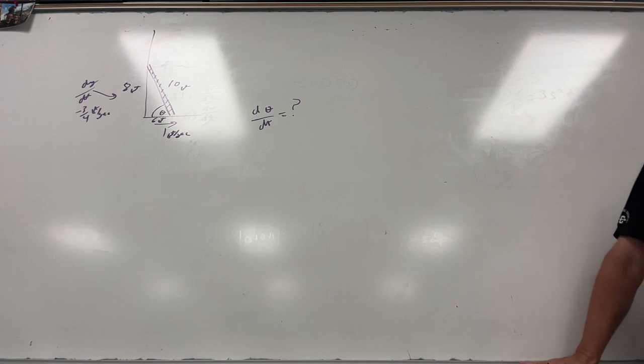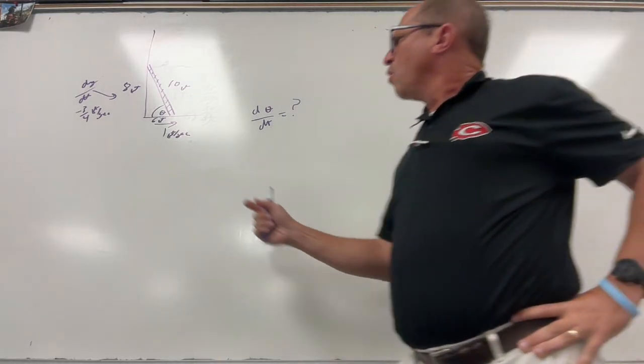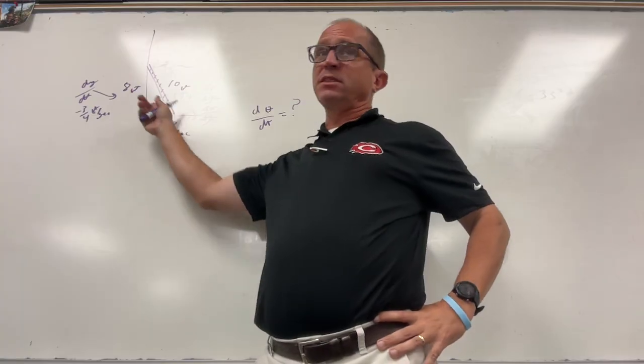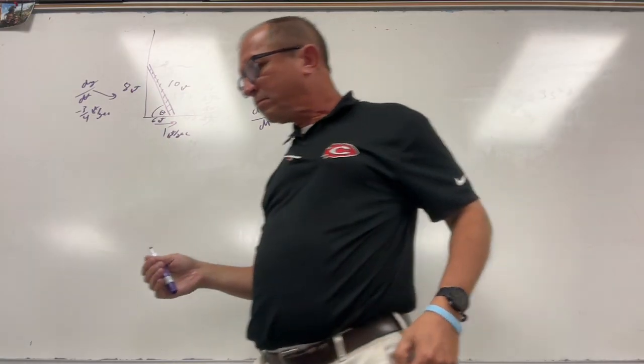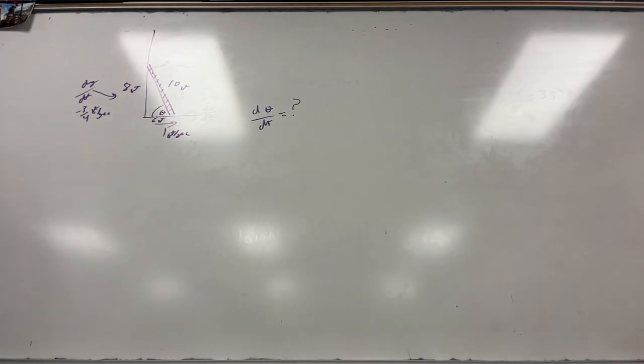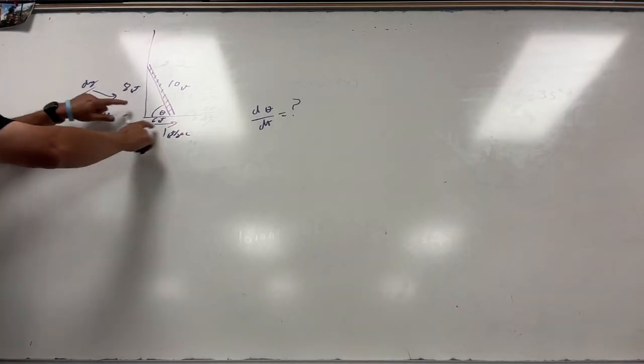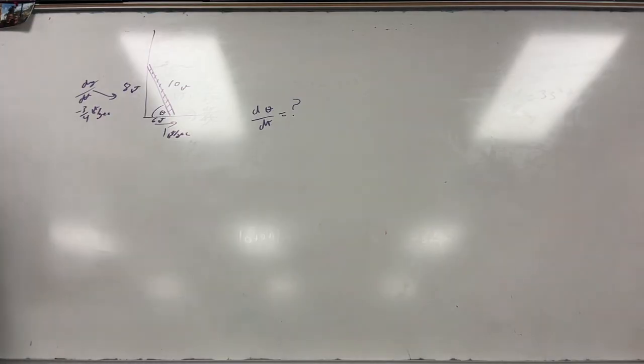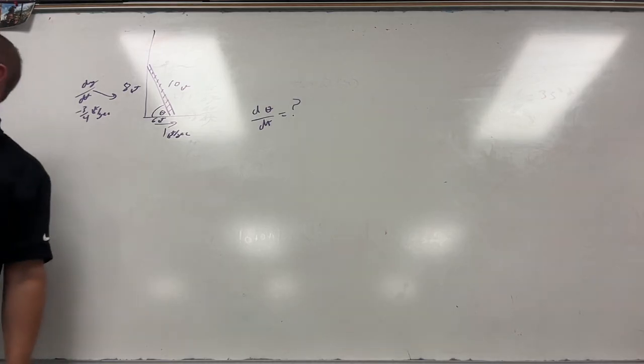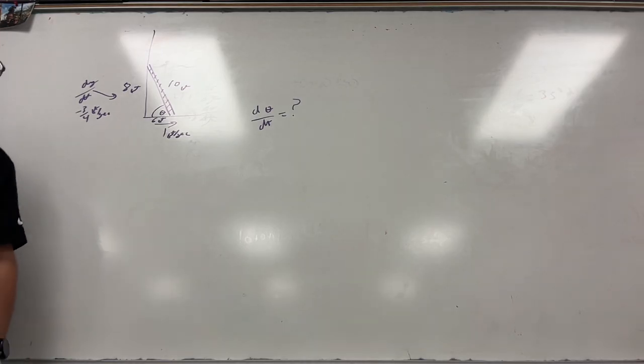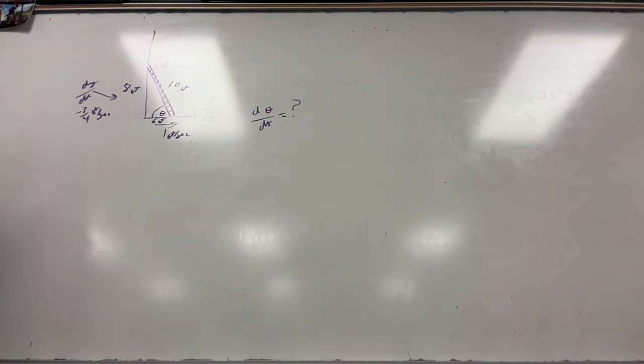So, what trig function could we use here? Opposite over hypotenuse. We could do opposite over hypotenuse just as easily as adjacent over hypotenuse. We could do opposite over adjacent too. We've got all of this information. The problem with doing opposite over adjacent is that we have two sides that are changing. In a lot of these triangle problems, when we're solving for angles, we're going to try to use the one that's not changing, because it makes the arithmetic easier. If you want to do what's harder, we can do both of them, and we get the right